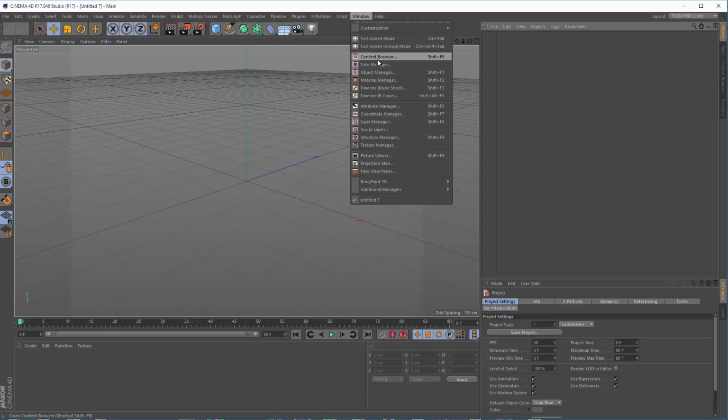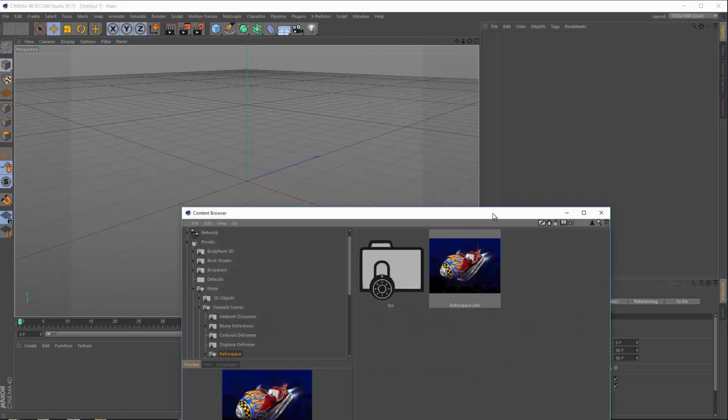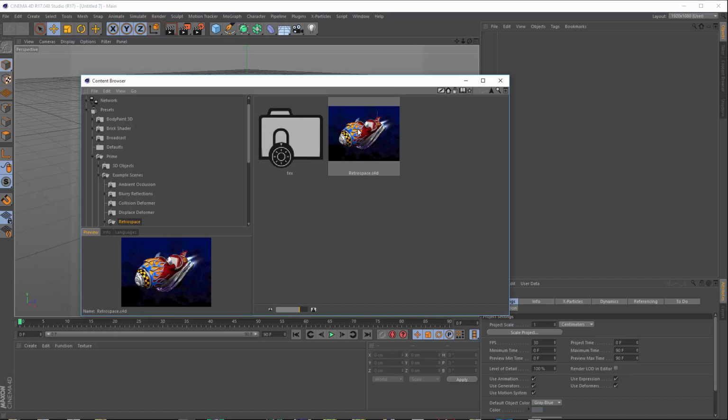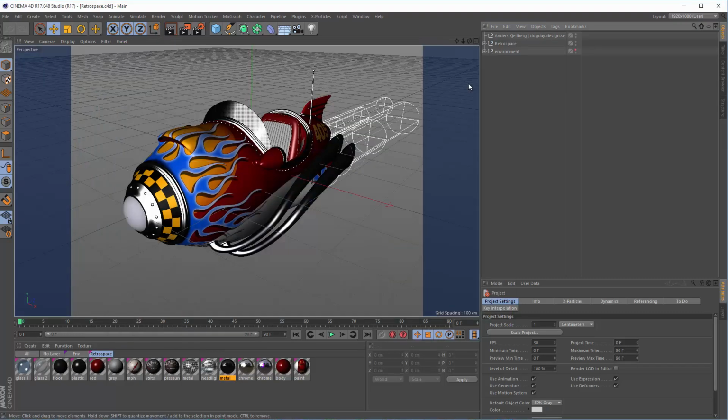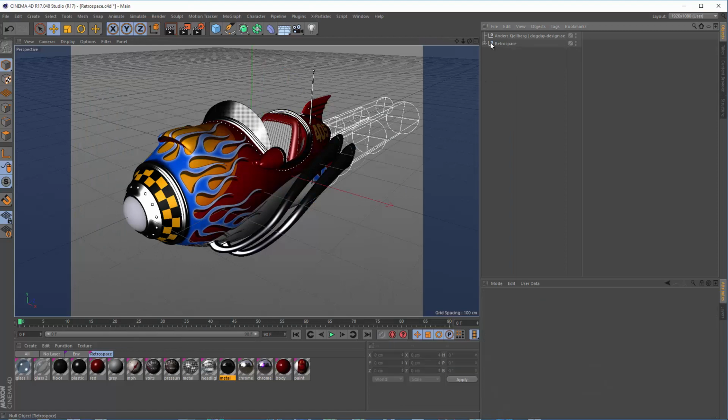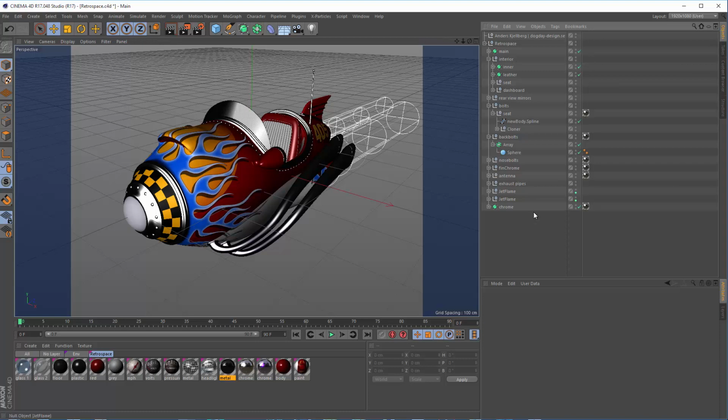Today I'm going to take you through setting up the Retrospace scene and exporting it out to a 3D PDF. This file can be found in Prime, Example Scenes, Retrospace. I'm just going to delete the environment because I don't need it. And now we're just going to go through and optimize the scene so that it produces a relatively small PDF